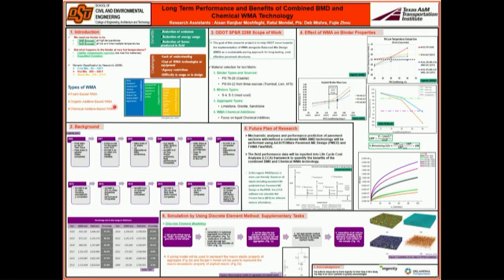Fahrenheit. There are several benefits of warm mix asphalt. It is the reduction of emissions, energy usage, and the fumes produced in the field. The technology of warm mix asphalt is relatively new. It started in 2005 in the United States, and the implementation increased over the years. And this table shows the percentage usage of warm mix in Oklahoma, and it shows how it increases over the years to